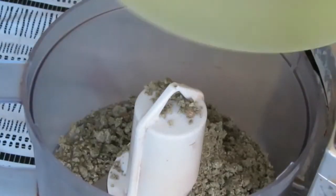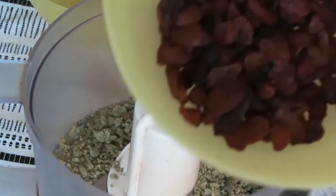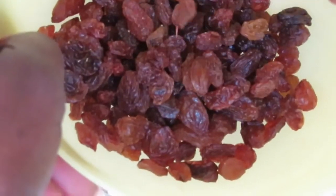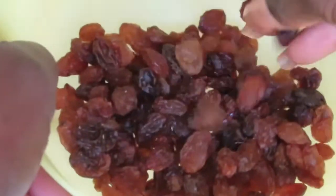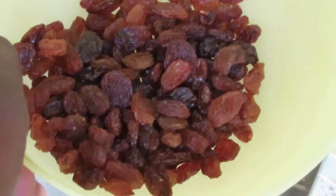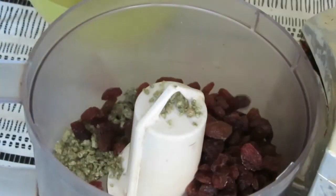Pour that into your processor, and then I'm using sultanas. You can use raisins. This is half a cup of sultanas. Failing that, you can use about 4 medjool dates as well. Either sultanas, raisins, half a cup, or 4 medjool, really soft, succulent dates. So I'm going to pour that in,